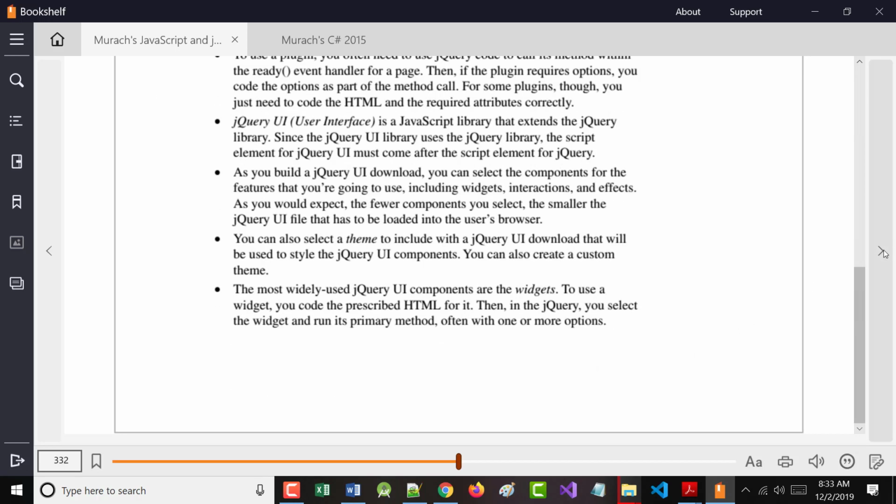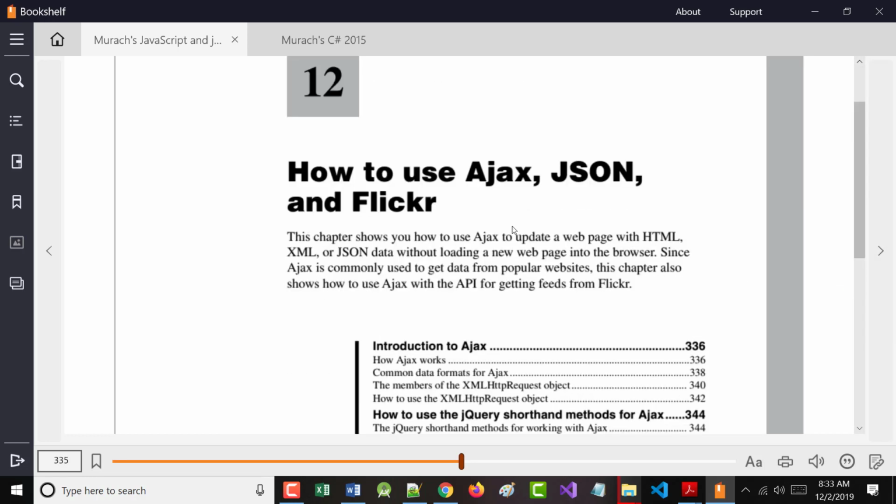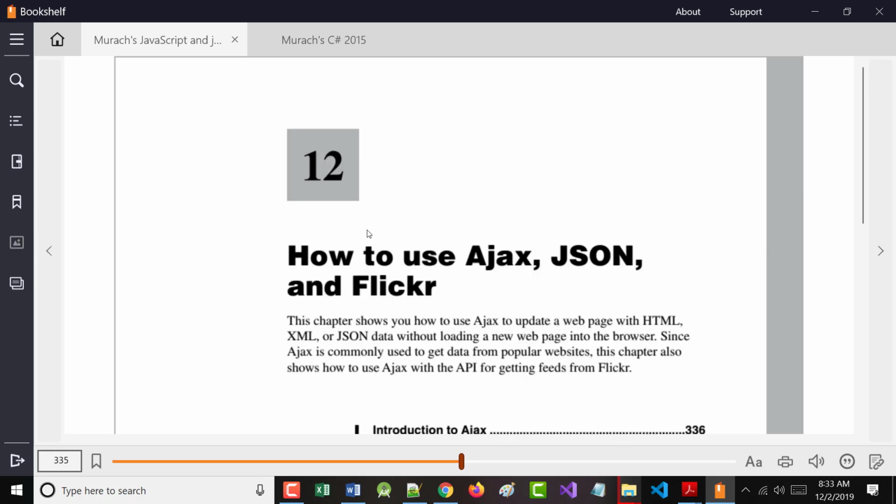And that's it. So tomorrow we will talk about Flickr, JSON, and Ajax. What I'm going to do right now is I'm going to go and get you